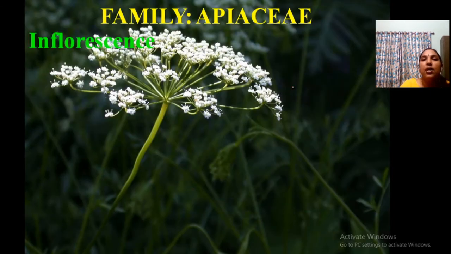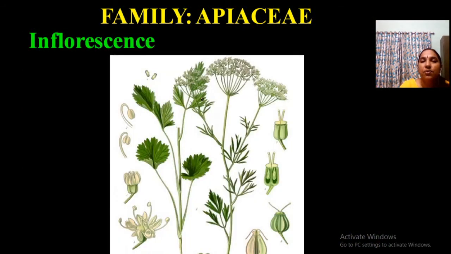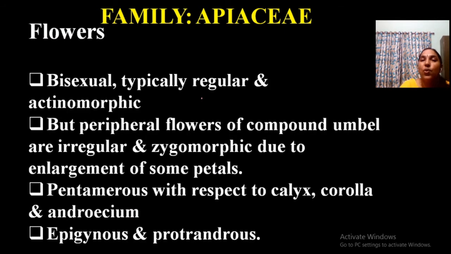Okay. Now this is the inflorescence you can see here. From the common stalk it is arising, the peduncle, but at the apex all of them are somewhat the same size. This is the inflorescence of our common coriander. See, so looking at the inflorescence, you can say this belongs to the Apiaceae.